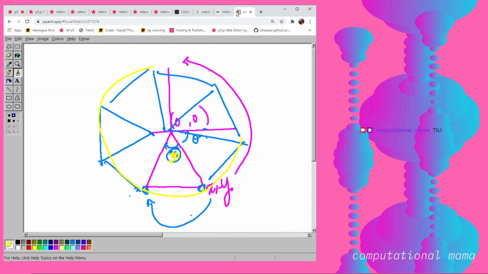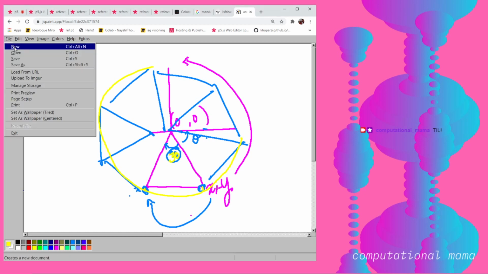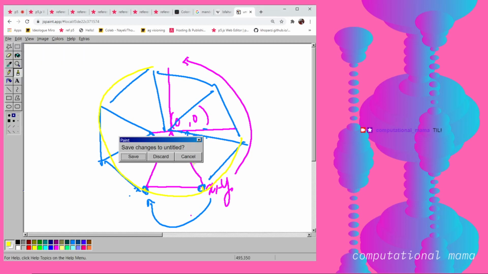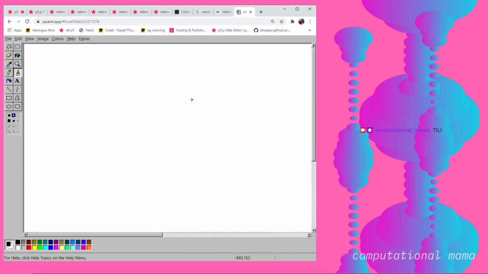Okay, now I'll explain to you the math behind it. Then we can just go back to this and experiment more if you want to. So basically, for some of you who are new, we've in the past used trigonometry to build forms that can go in a circular way.